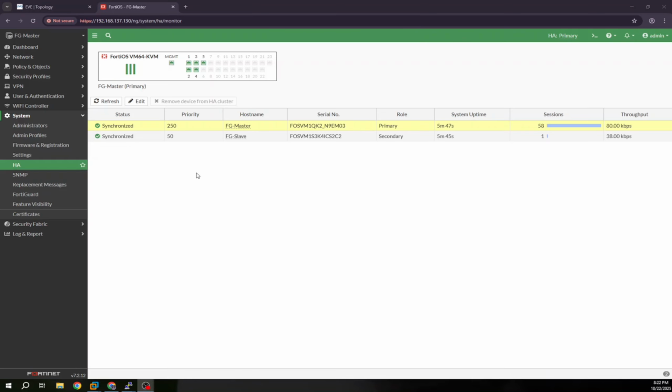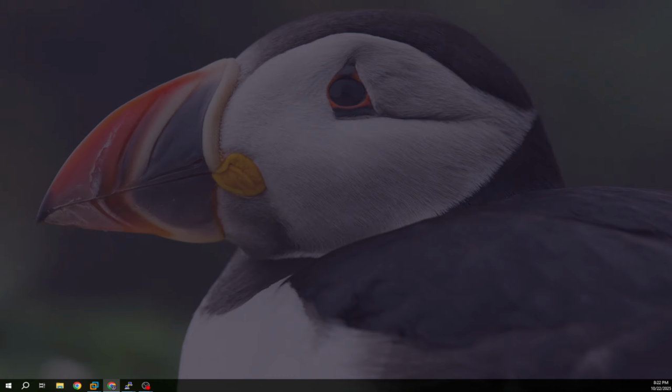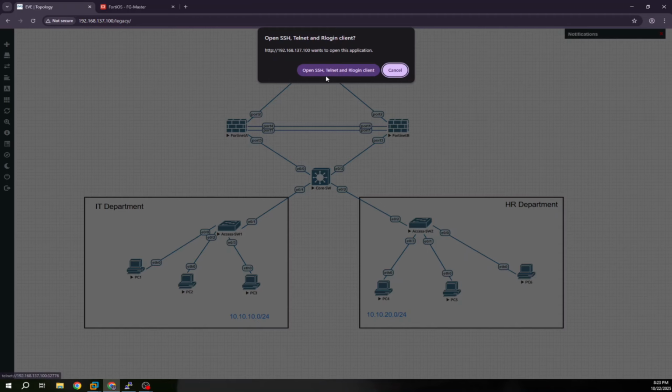Let's just refresh it. Okay, so now we can see both firewalls are synced with each other. Okay, so now we can check if it is properly configured and our connection remains when one firewall goes down. Okay, so to check, let's start this